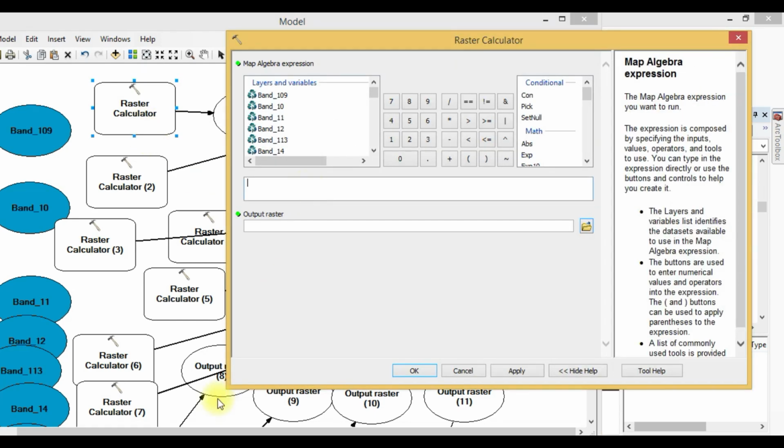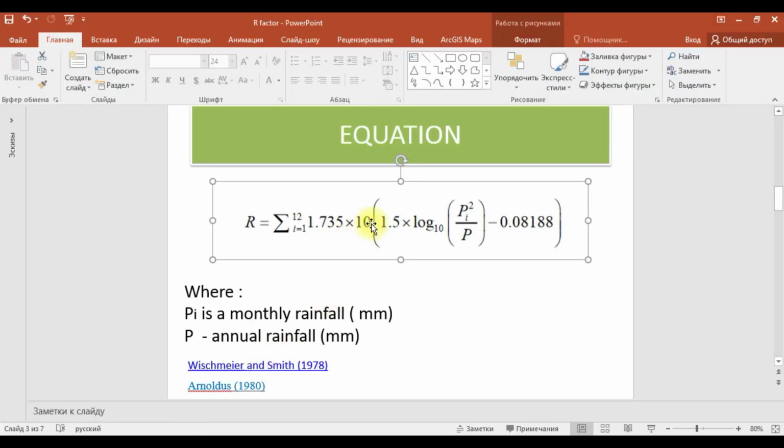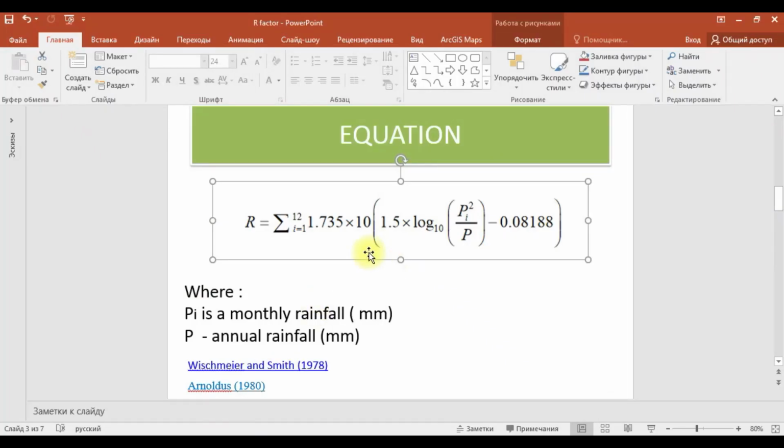So let's start: 1.735 multiplied by, and here starts the 10 power. So for this we will use the power function. It's here, power, just drag it, power and 10, and here we will write this side